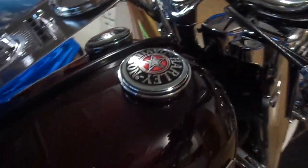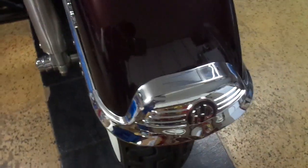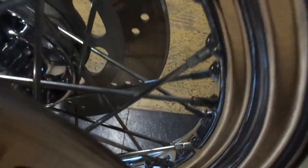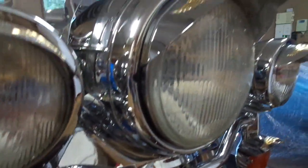All of the original paint, it's just gorgeous. There's not a nick, a scratch, a ding, an imperfection anywhere. The front of the tanks, the rear of the fender, the front of the fender, it all is just amazing condition. All of the chrome spokes, the chrome spoke nuts, the wheel hubs, look in there. Can you see that? I mean, every nut and bolt on this bike, folks, look like that. Well, I'll tell you what, look at the lower forks. Those are the original lower forks that came with this motorcycle brand new, and they are just in pristine